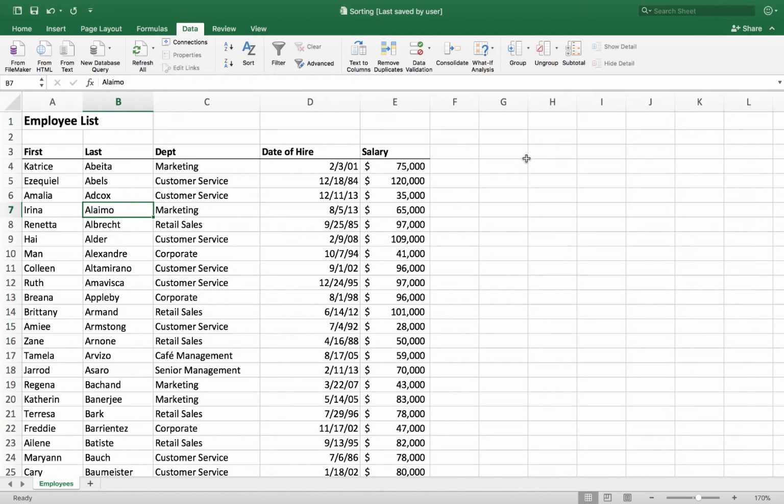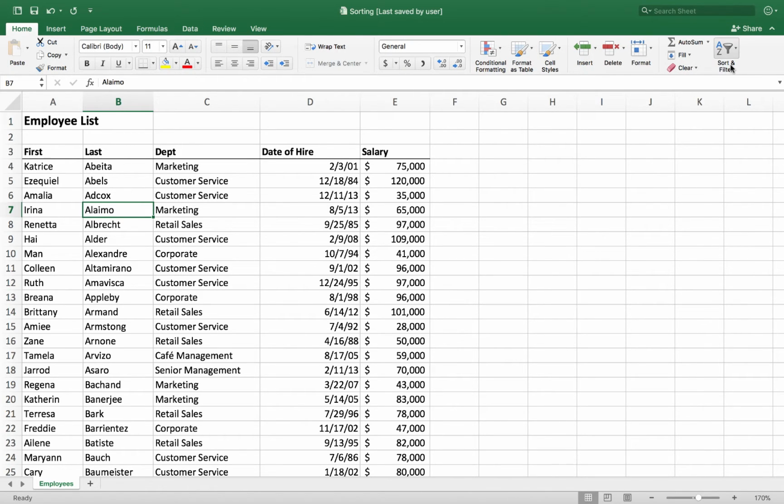Okay. So you can also, with Excel, filter the data, and there's a bunch of different ways to do that. To filter the data, again, that's a command that's on the Home tab. If I go back to my Home tab, you can see over on Sort and Filter, there's an option for filtering. So if I click on the Filter command under Sort and Filter, what that'll do is give me a drop down at the top of each column, and I can use that for sorting or filtering.